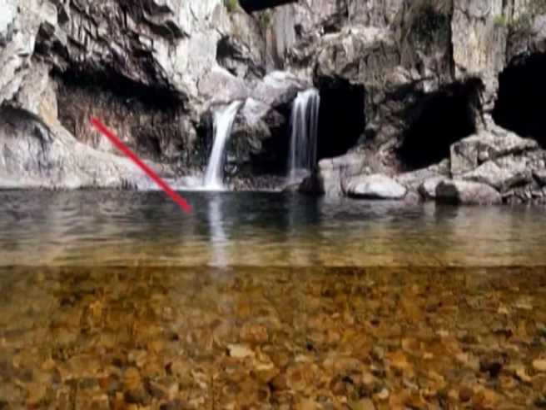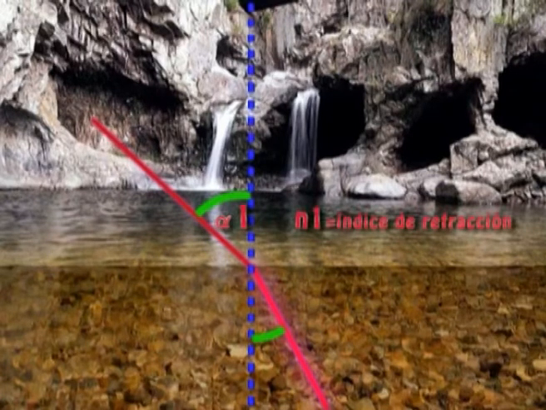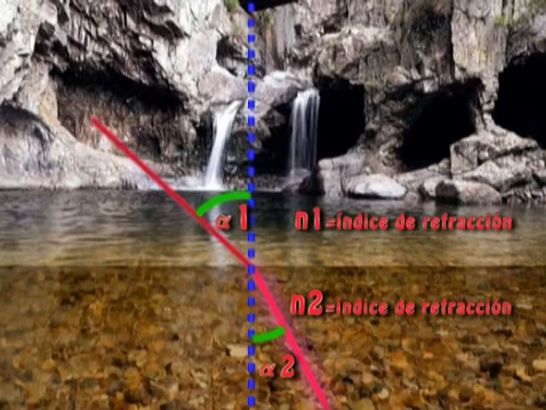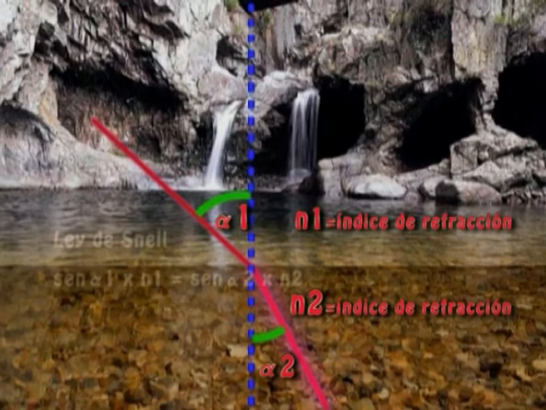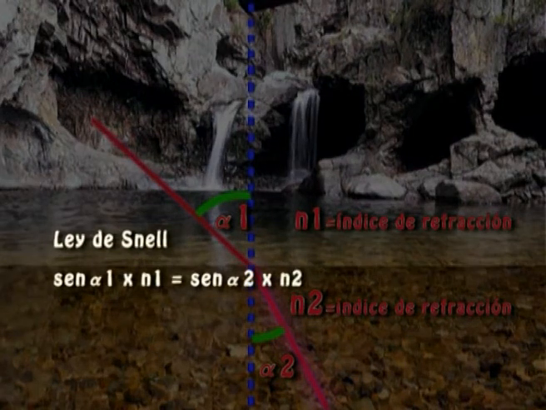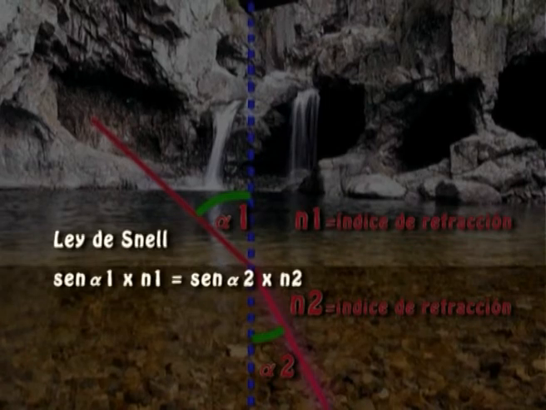According to Snell's law, when light passes through two media of different densities, it suffers a change of direction. The refractive index is determined by dividing the speed of light in a vacuum by the speed of light in the medium, water, glass, etc. Snell's law states that the sine of the angle of incidence multiplied by n1 equals the sine of the angle of refraction multiplied by n2.